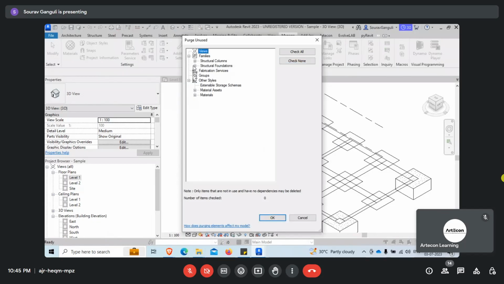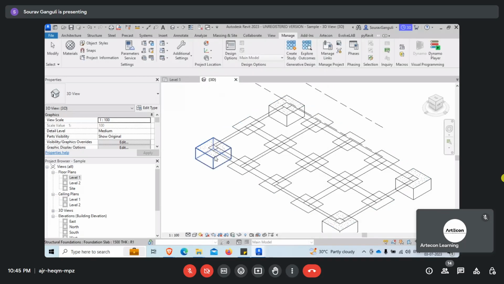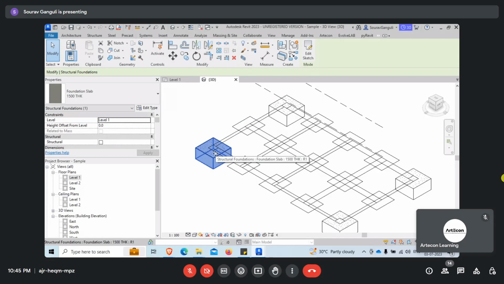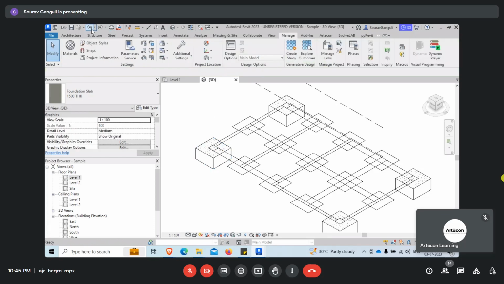Sir, it's not a family. It uses floor, right? It uses foundation slab. Oh, you are saying whether we can do it with a family, right? Yeah, we should be able to do it with a family as well. So only the part that will change in that case